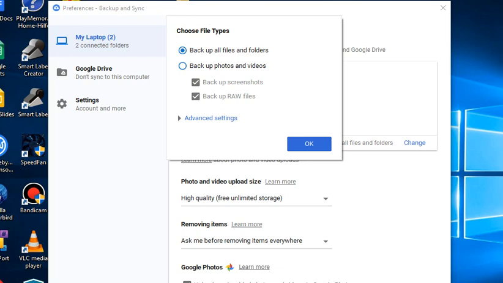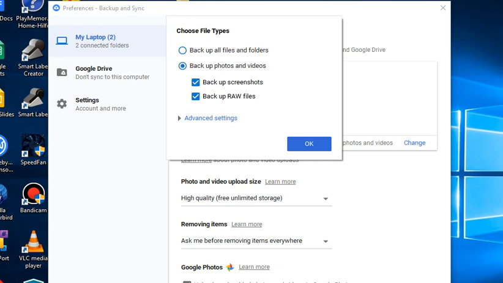I think you have this in the other section, but I'm not sure about this yet. Anyway, regarding photos, of course, you have to click on back up photos and videos. That's important. When you back up everything, it will be uploaded to your Google Drive, and